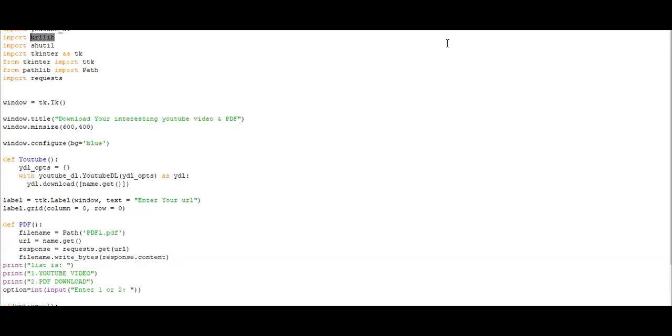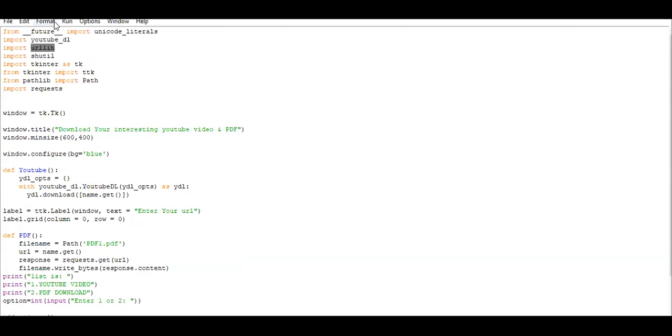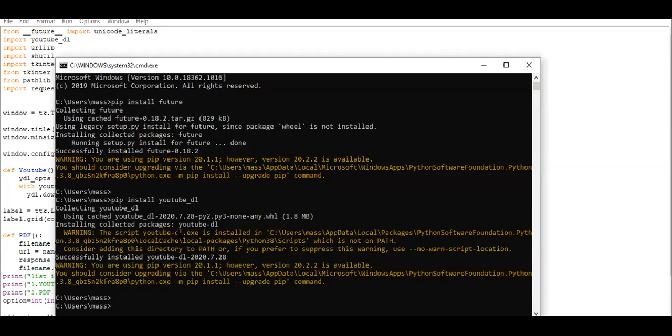Hope you are all clear about what requirements are needed for this app. Here you must install all these things. All these things require time. So I just ignored that and gave a sample of youtube-dl and a similar example here in the command prompt. For each one, like pathlib, requests, shutil, you have to install from pip using the command prompt. You just give pip install.